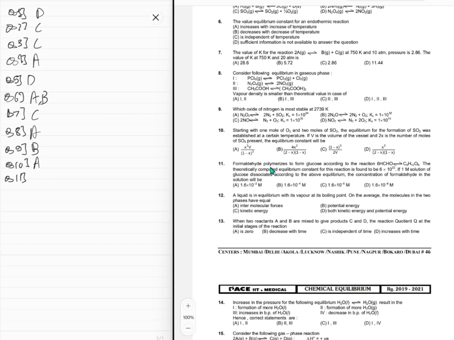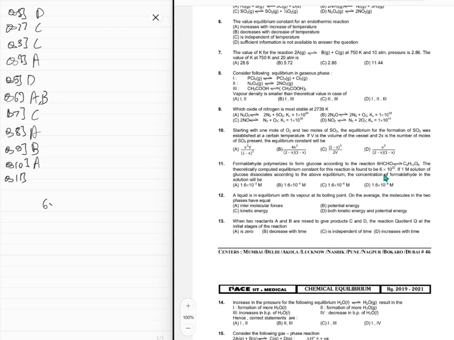Question number 11. Formaldehyde polymerizes to form glucose according to this reaction. The theoretically computed equilibrium constant for this reaction is found to be this thing. If 1 molar solution of glucose dissociates according to the above equilibrium, right, so for the reverse reaction, your equilibrium constant will be different. It will just be inverse of that. Concentration of formaldehyde in the solution will be,